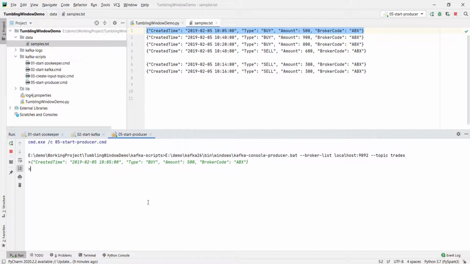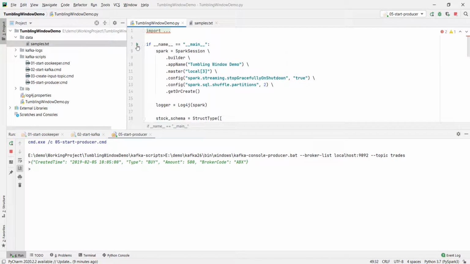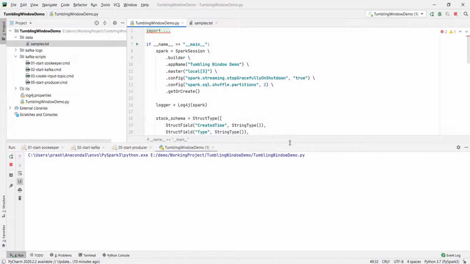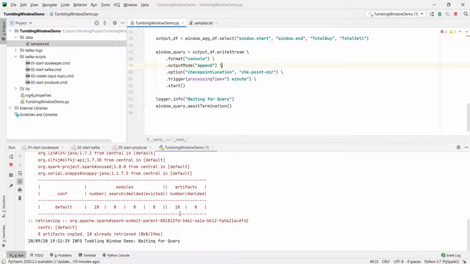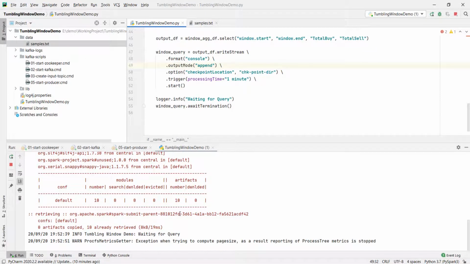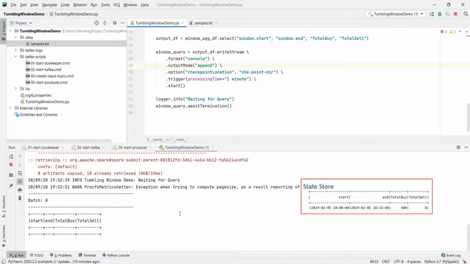This event should create a new window starting from 10 to 10:15. If I used update mode, I would expect an output record, but the append mode does not produce the output. Why? This 10 AM to 10:15 window is still not expired. We might get a late event and the aggregate value for this window should be updated. So Spark will hold this aggregate in the state store until the window expires.